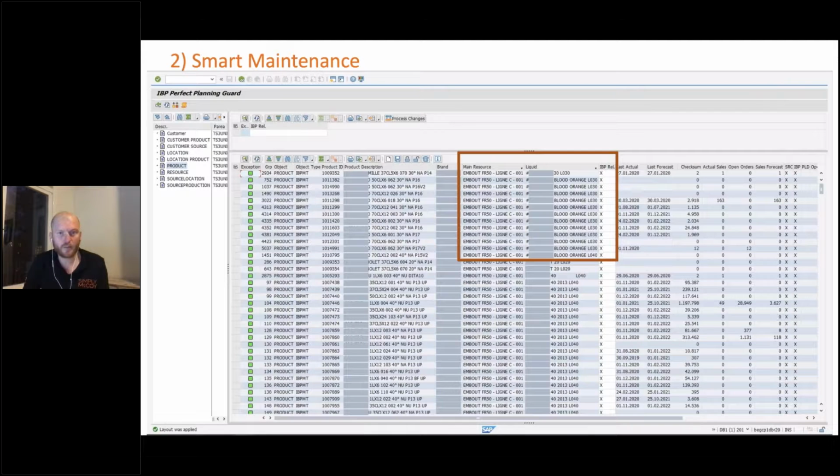What you see in this example is that I have a couple of products in my IBP and supply system, which are connected to one of my main resources, so one of my work centers in my ECC system, for example. And then from the bill of material, in this case, I can define which is the liquid going into this bill of material. And via that way, I can make easy groupings, and via those groupings, I can set planning relevant indicators based on logical groupings within my master data. So this will help me not only to group, but also to maintain specific objects for those groupings within my master data.